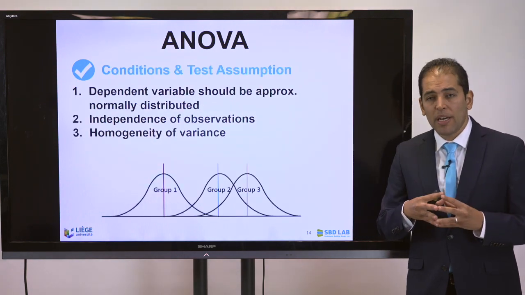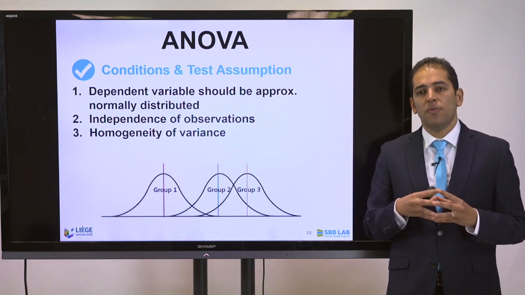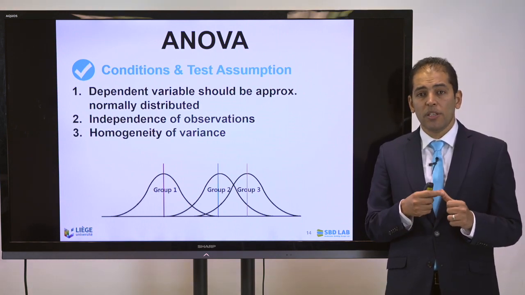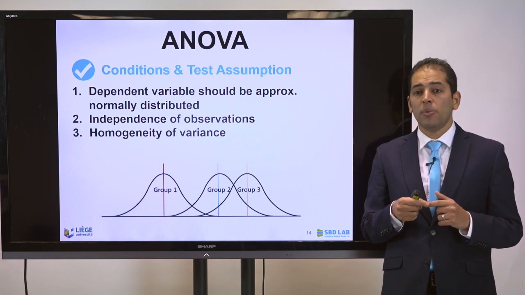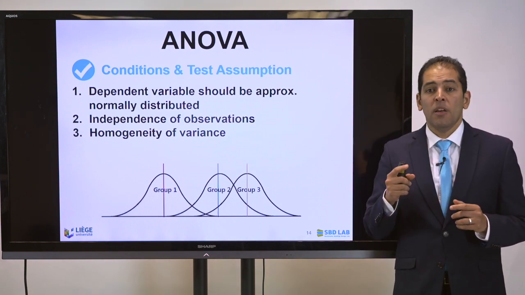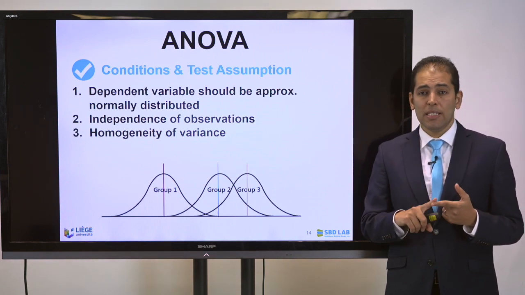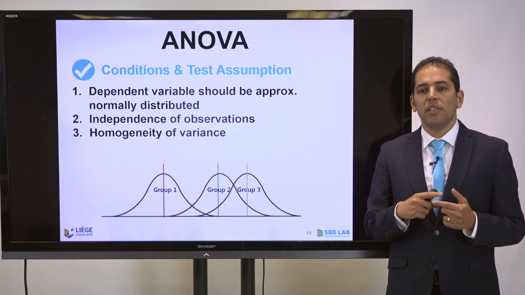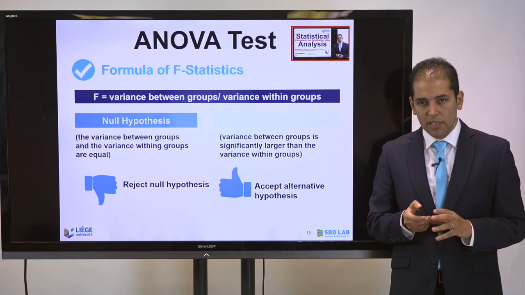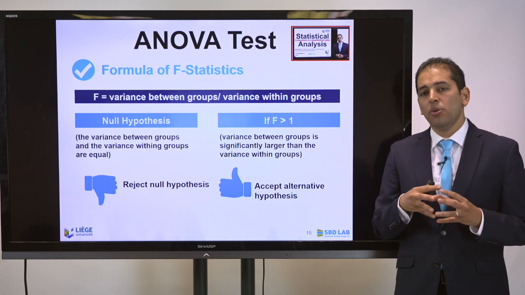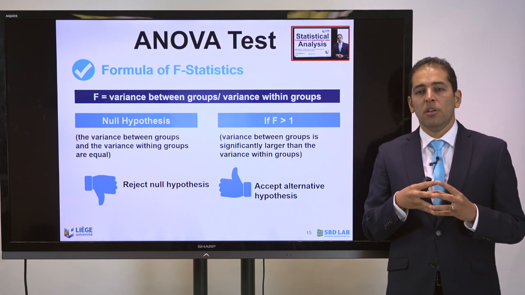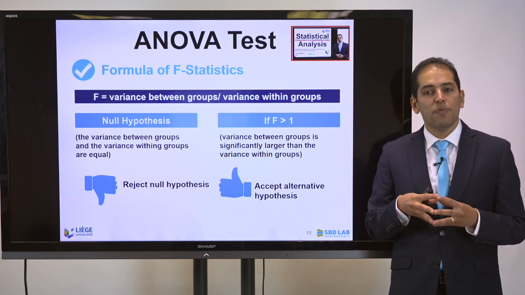Now, there are some characteristics and conditions for the analysis of variance. We need to make sure that the dependent variable should be approximately normally distributed. The independence of the observations is a must, and we need to make sure that there is a homogeneity of the variance. Another important condition is that we use a certain formula for the ANOVA test, and